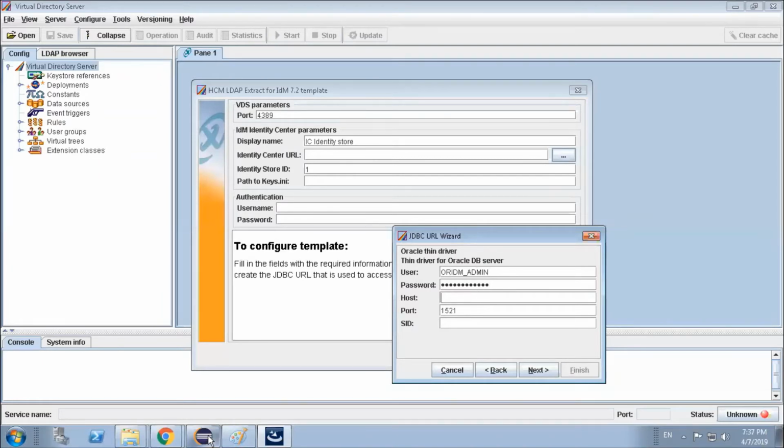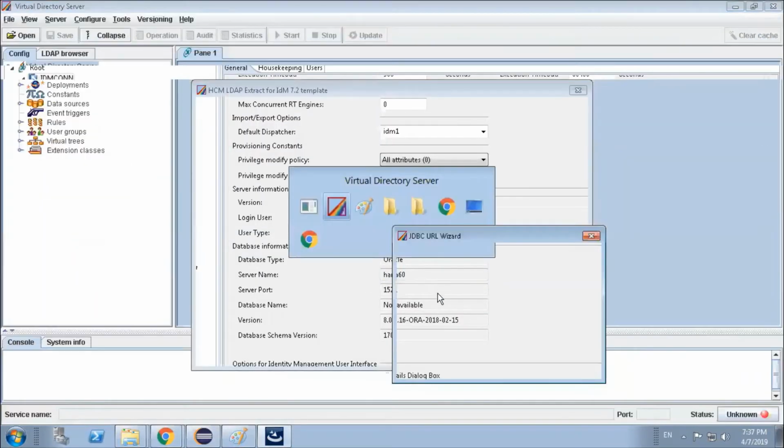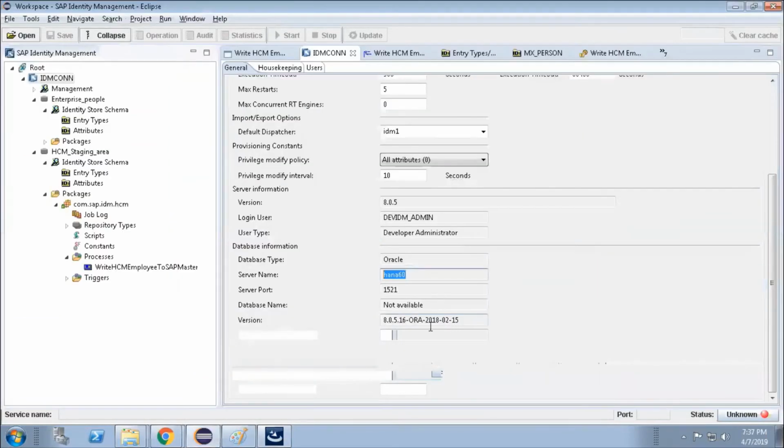What is the host then? hana60.ides.com. Only the server name will be the host. You give hana60.ides.com. Oh, sorry, IDES. The port is the same, by default the port will be there.